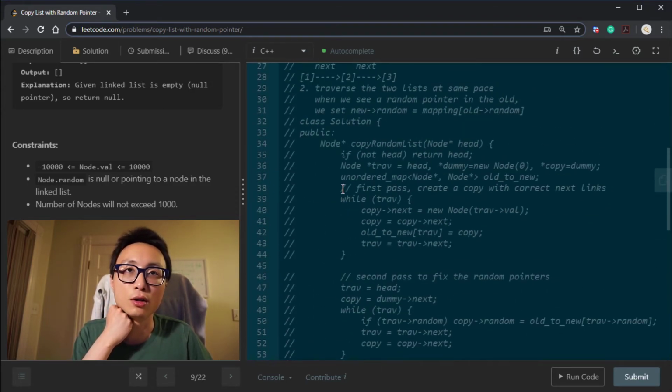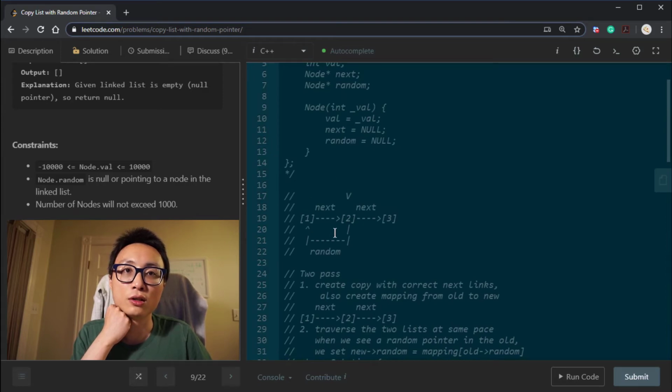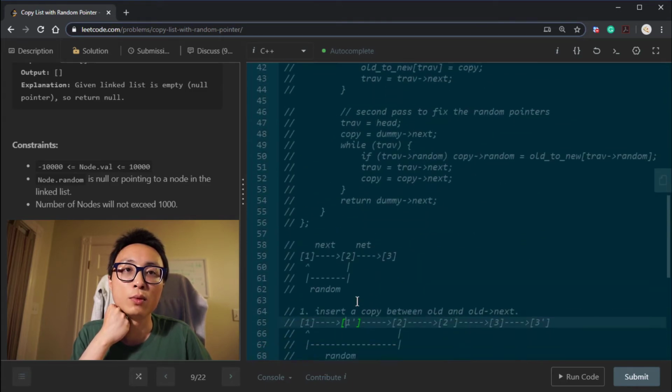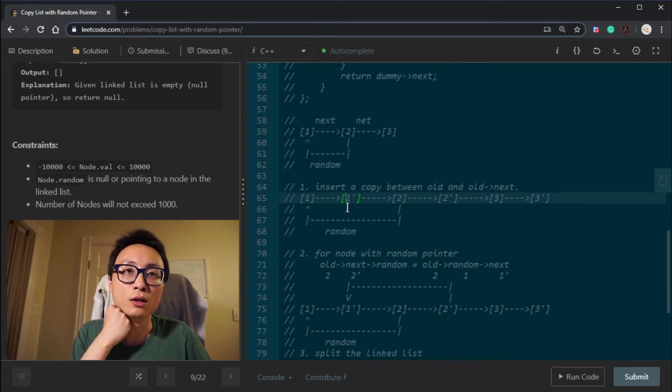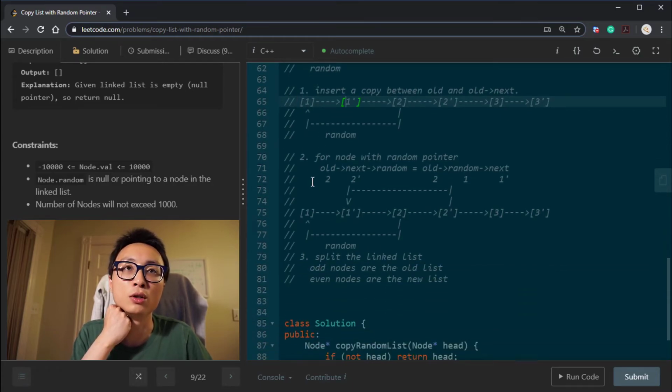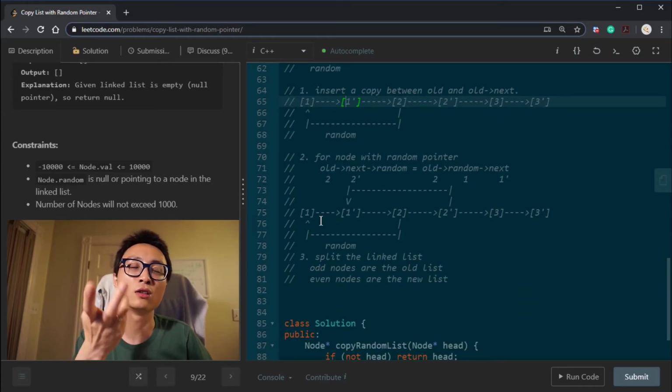In the first solution, we have to use this map to keep track of node 1 is this 1 prime, node 2's mirror is going to be 2 prime, but here the copy node is immediately after the original node. So for that reason, we don't need this linear space mapping.